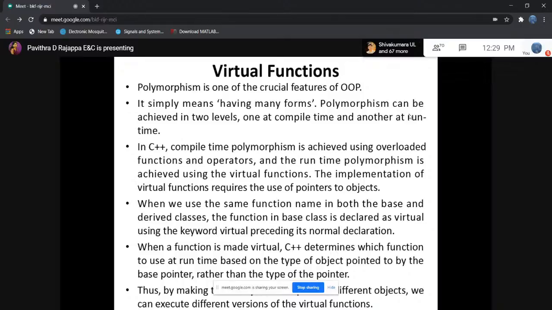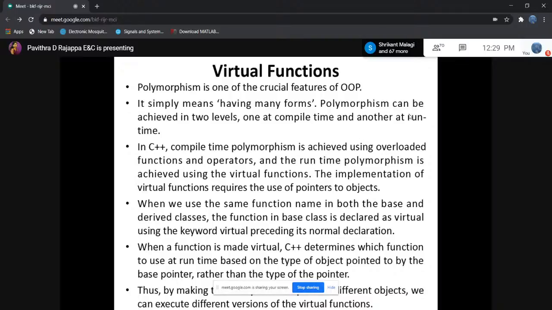Remember this: only the base class pointer can be used to access the member functions of the derived class or the same class. Base class member functions and derived class member functions can be accessed by that pointer variable.